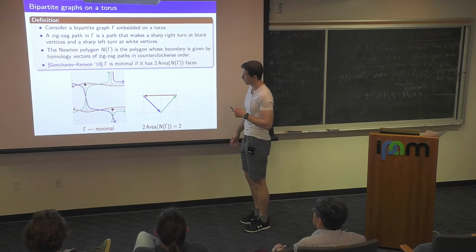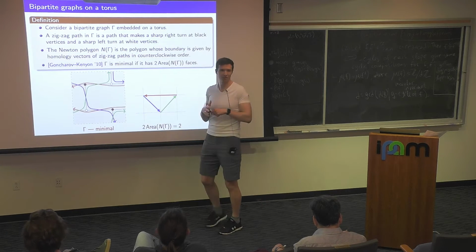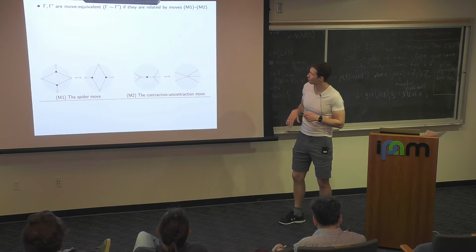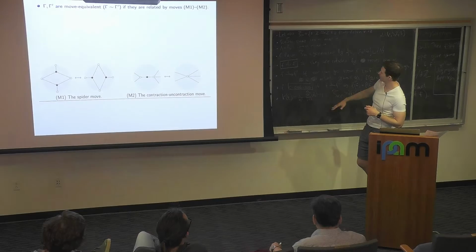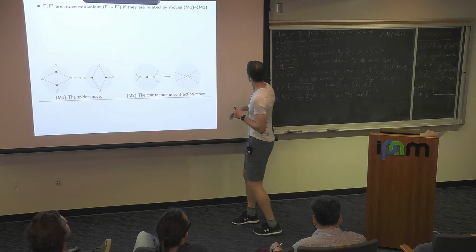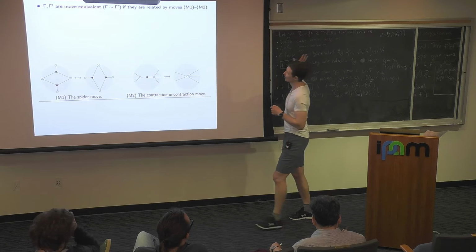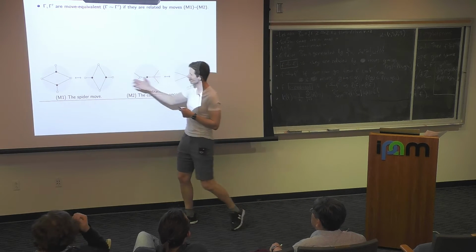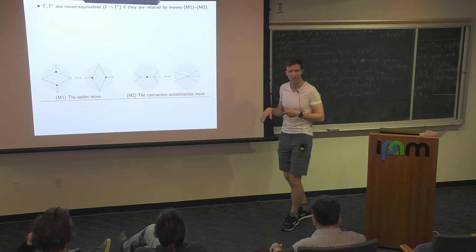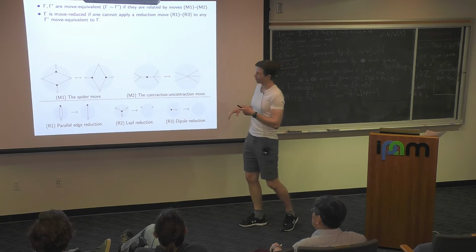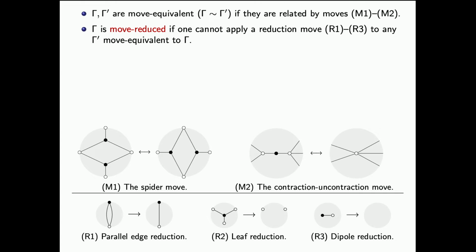That's a definition. And also, people in the dimer model study moves for such graphs. So first of all, two graphs are move equivalent if and only if... By the way, I have all the stuff from the previous slide written down here in case you want to go back to it. So there's C equivalence here, and it should be vaguely similar to the move equivalence here, where two graphs are move equivalent if they're related by these standard square moves, urban renewal kind of things. And a graph is move reduced if you cannot... there are some reduction moves, and all of these moves preserve the dimer partition function. But if your graph can be reduced,